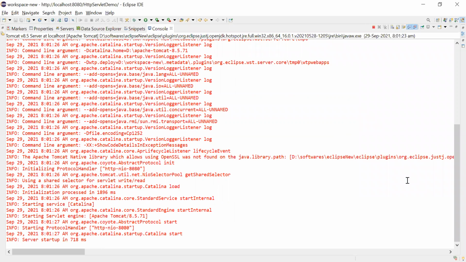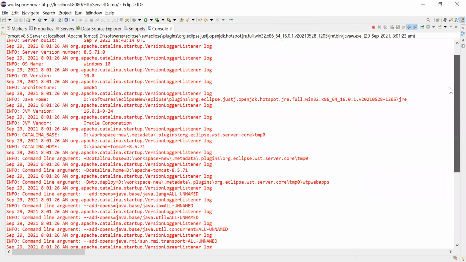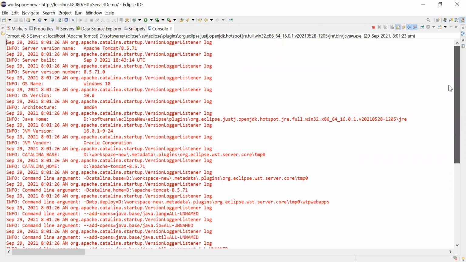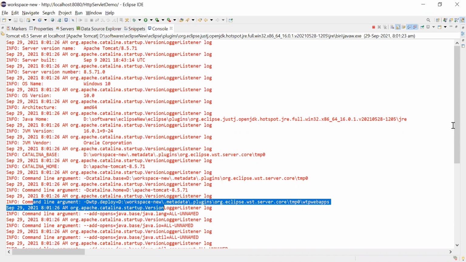It will tell you there is a log. Here you can see the log.